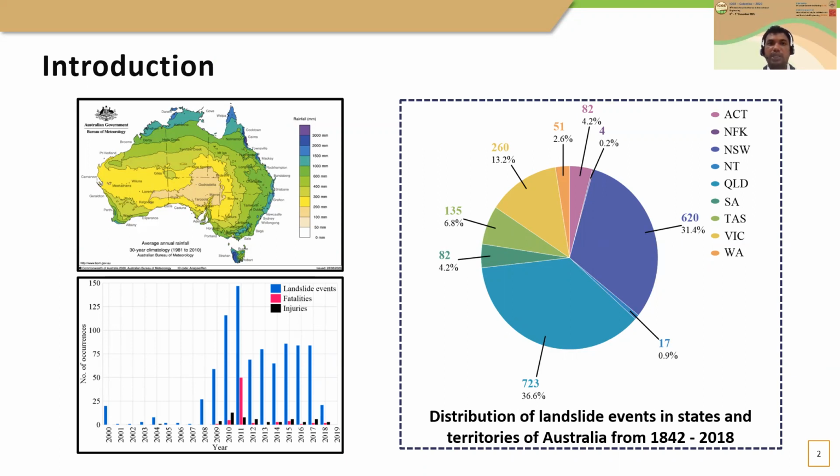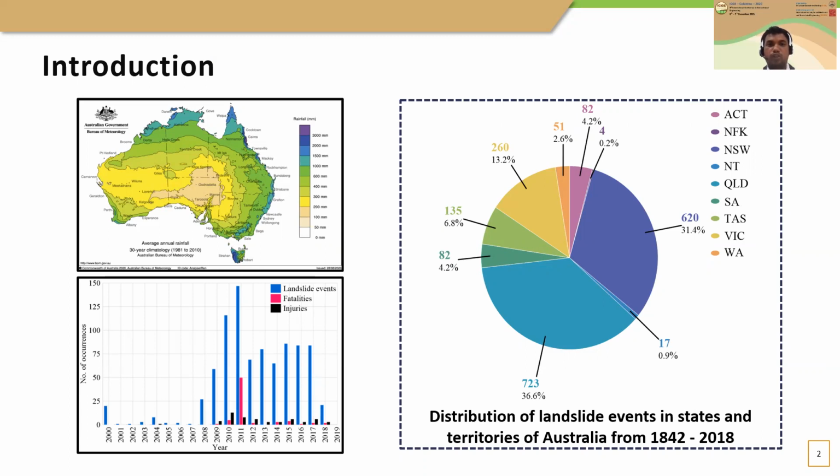A significant mean annual precipitation that exceeds 1500 millimeters is usually experienced by the eastern coastal belt of Australia, which is also predominantly composed of mountainous terrains, contributing to a large number of rainfall-induced landslides. Especially in 2011, there were at least 75 building damages, 8 injuries, and 50 fatalities recorded as a result of landslides in the country triggered by significant rainfall leading up to the events.